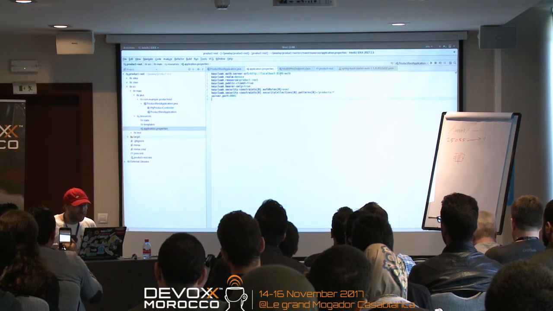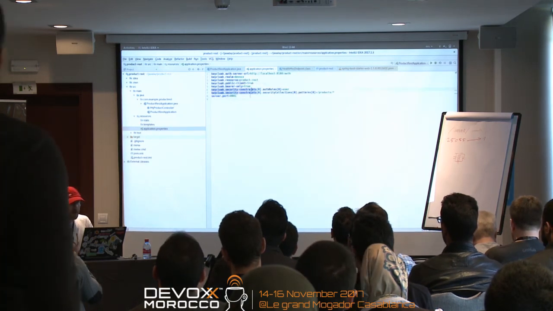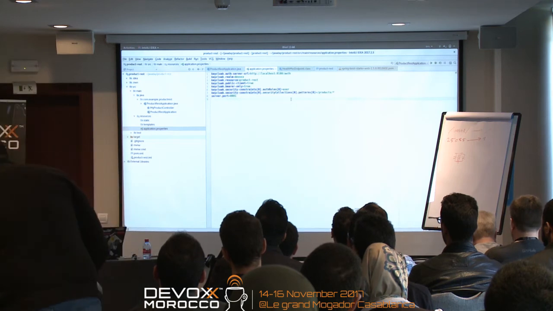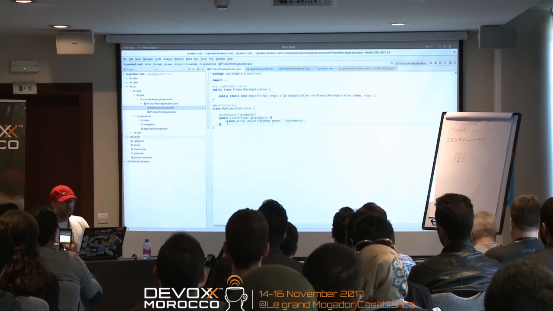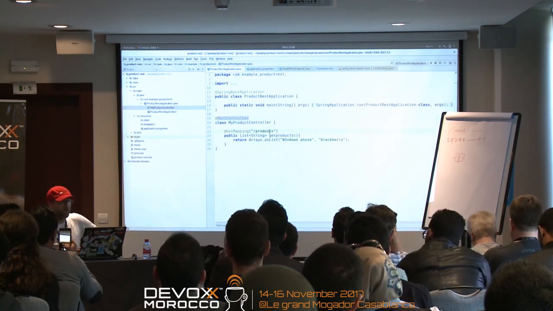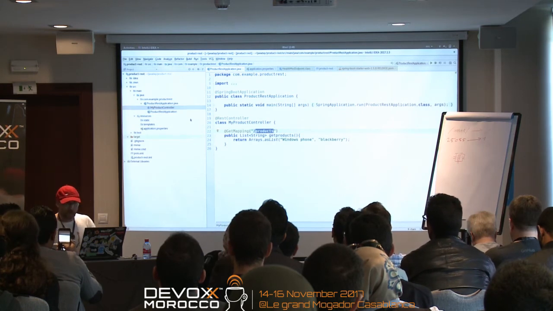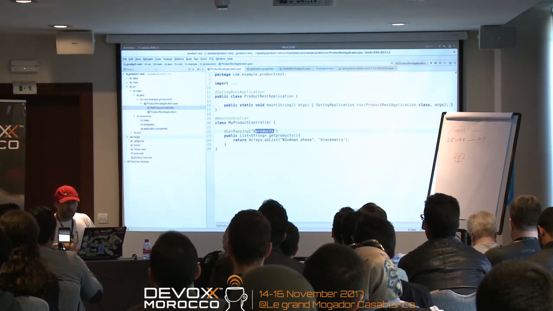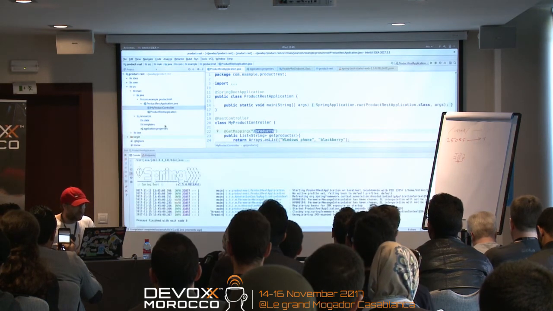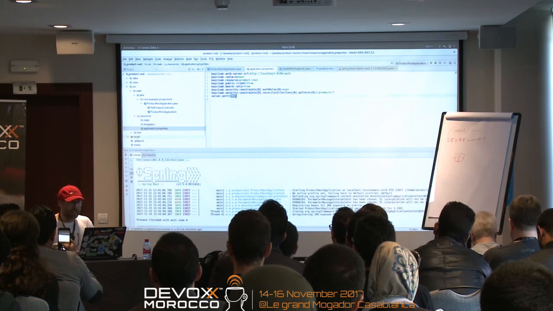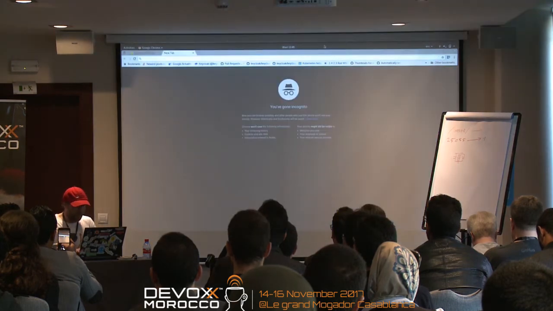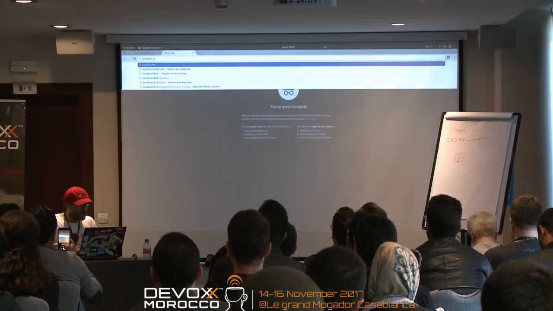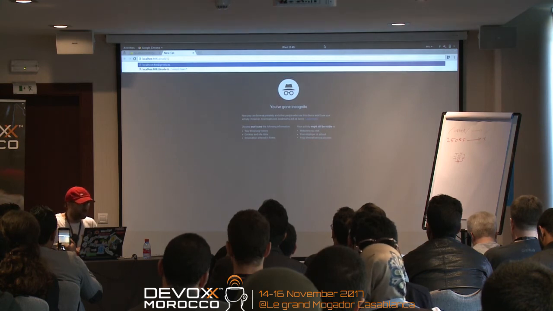And let me see if everything is correct here. Product REST, okay. So basically the same thing as I showed you. If I show you the code here, it's a really, really simple class. You see? I just have a REST controller and a mapping on products. And I have enabled Keycloak. So if I run this app, it's running on port 8081. Okay, so if I go here and type localhost 8081/products,